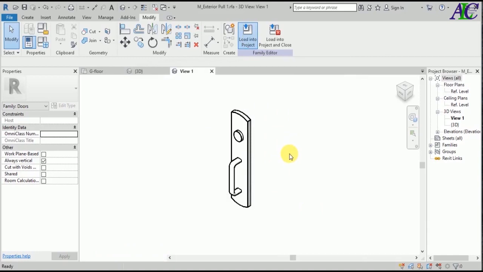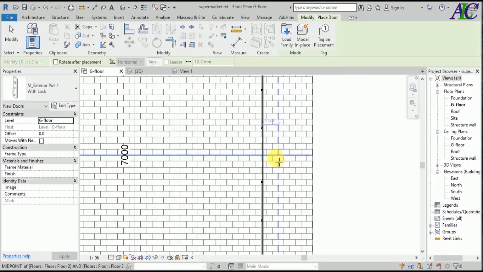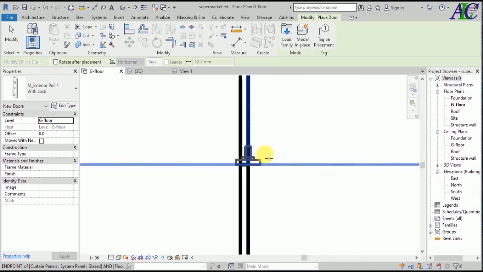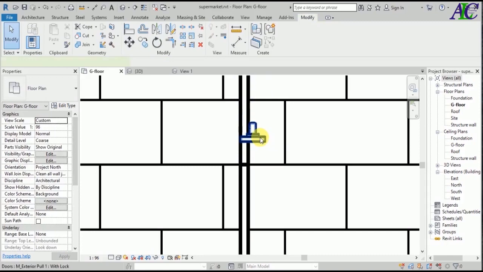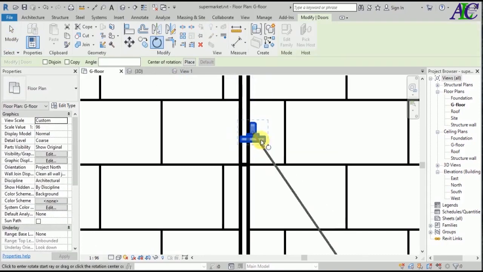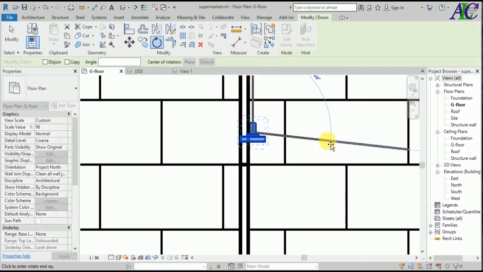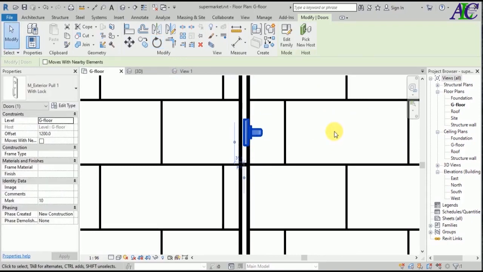Okay, so now I'm going to load it to the project. So let's put one handle in here. From here you can change the offset via the position, maybe 1 meter and 20 centimeter above the ground. Okay, so let's put one in here, and then from here you can rotate the handle. Okay,